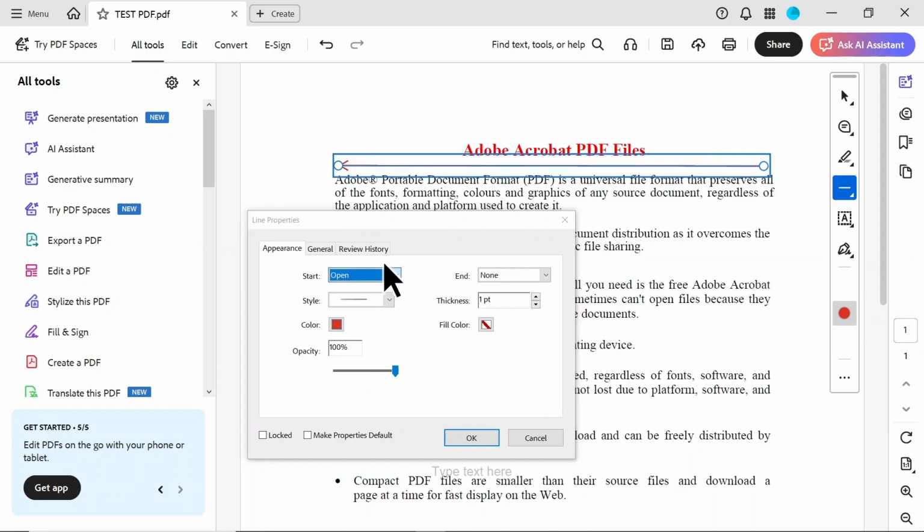You can add more lines by selecting the line tool again and repeating the same steps. After you finish drawing, save the PDF. Click File, then Save. If you want to keep the original PDF unchanged, choose Save As and save a new